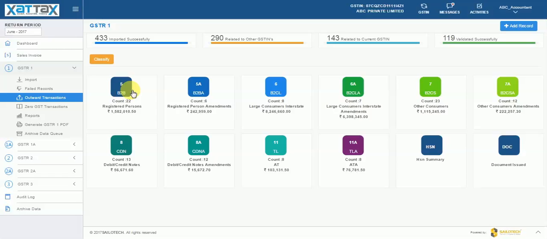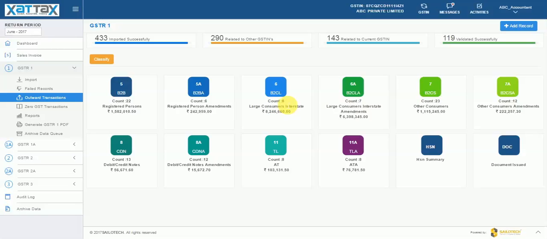Here, amendments refer to the corrections or changes. This means if the accountant has filed an invoice and subsequently in the next month he or she realizes that there was some correction to be made, he or she can actually proceed with the amendment to that invoice.